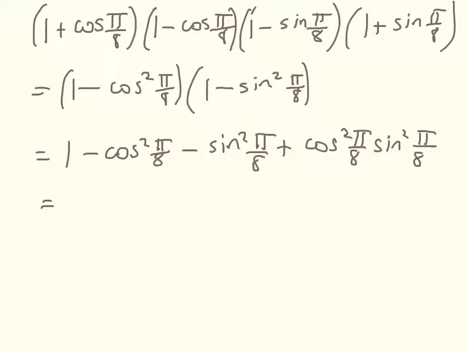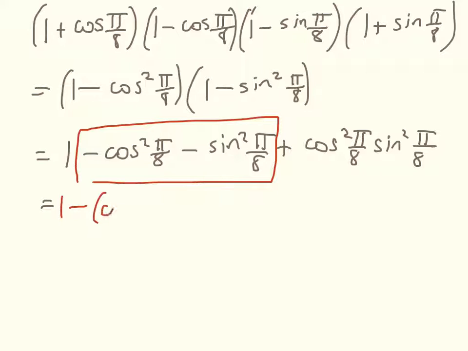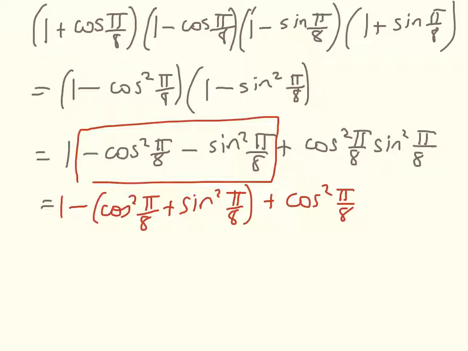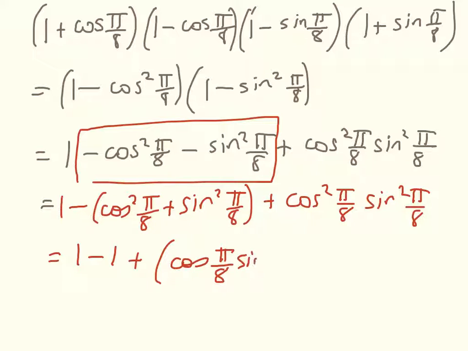Right, and then I should get even happier, because I'm going to recognise that this is 1 minus cos squared pi on 8 plus sine squared pi on 8 plus cos squared pi on 8 sine squared pi on 8. So that's 1 minus 1, getting very excited when that happens, plus, let's look at this, cosine of pi on 8 sine pi on 8